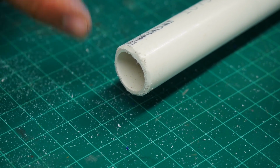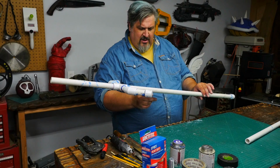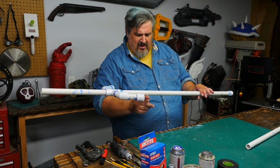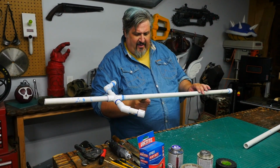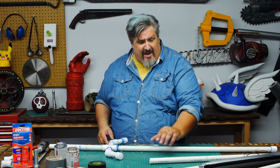That'll go a long way. I'm going to do something else, though, since this is the advanced sword making. What I'm doing here is I'm just finding the center of balance. What I'm going to do, and we haven't got the pad on yet,